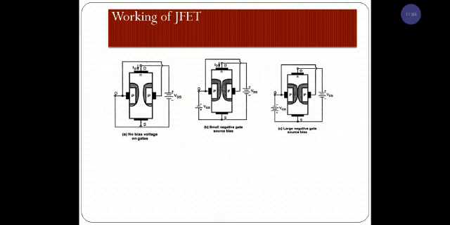If the majority charge carriers, electrons, have started to move from source to drain, automatically the drain current is produced in that region. The drain current will be very small because we have given the bias in a small way only. So the small amount of biasing only we have given to that particular material. Automatically the width of the depletion layer also changes a little bit. You can notice that.